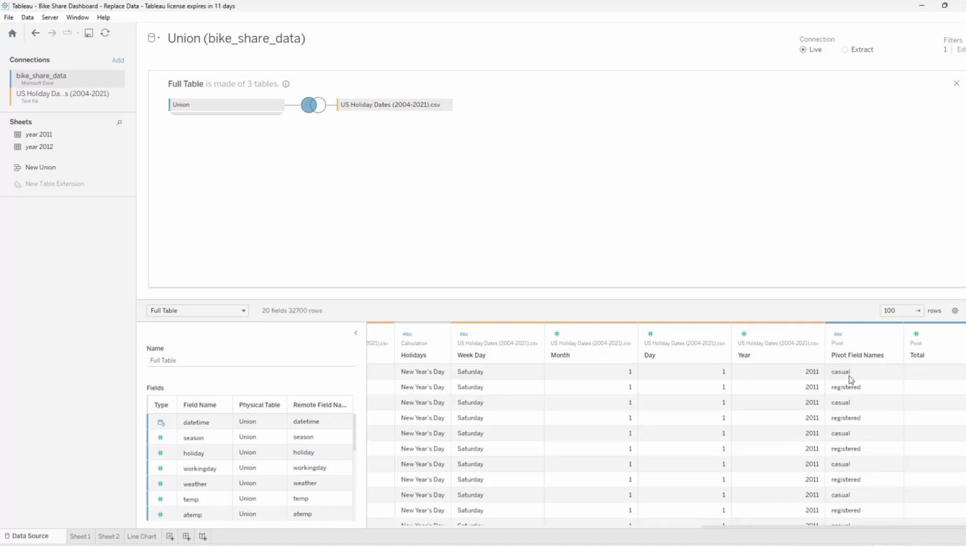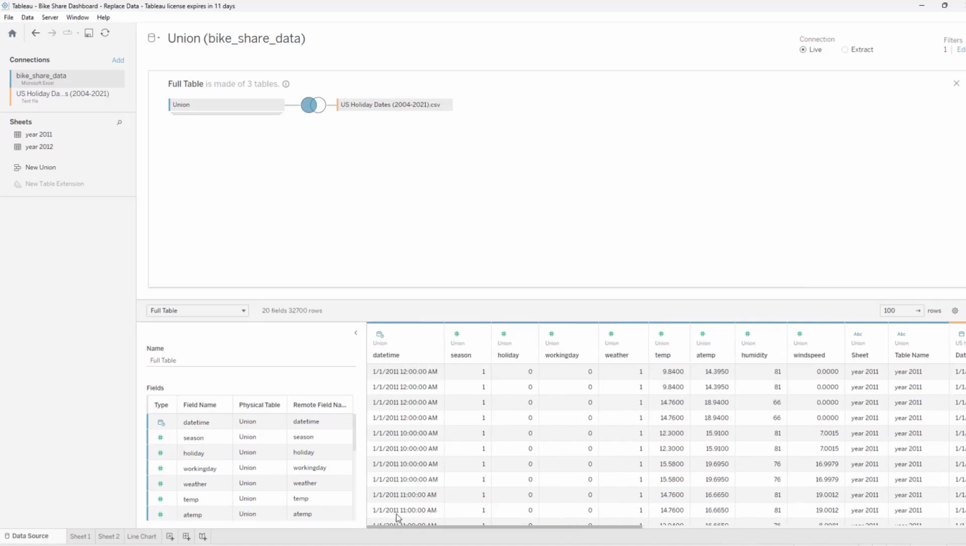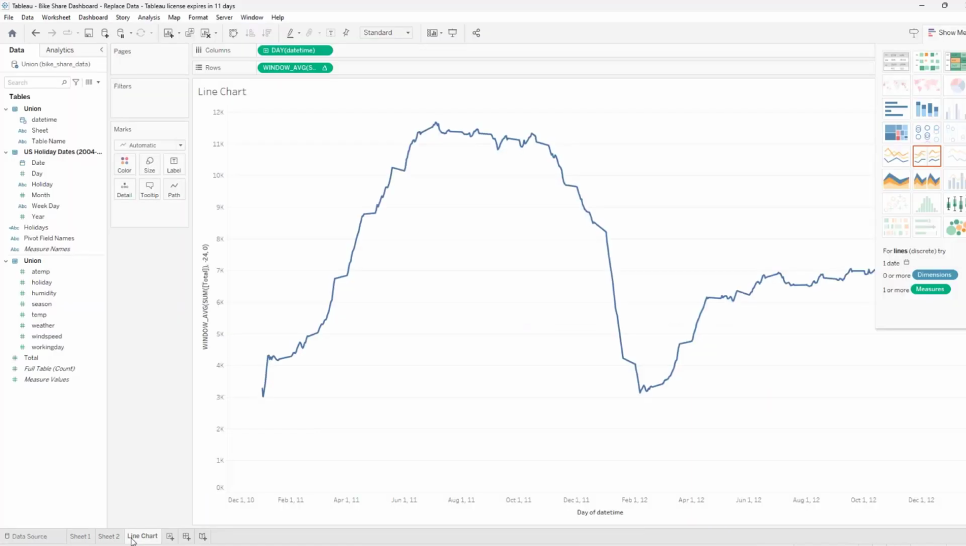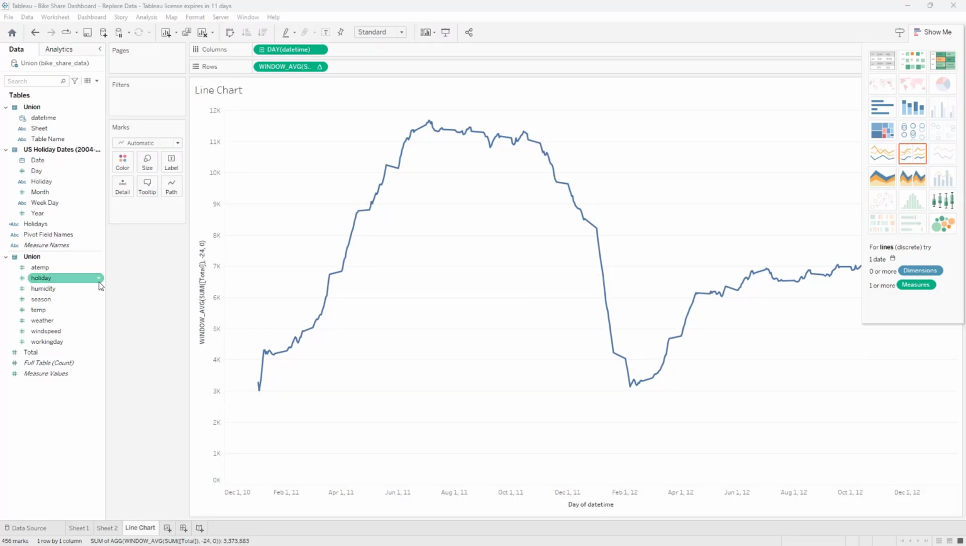And now you can see all we have is casual and registered. Now if we go back over to that line chart, we already have our total. So we should be in okay shape. So now that we have that